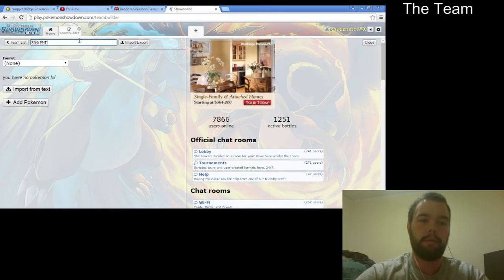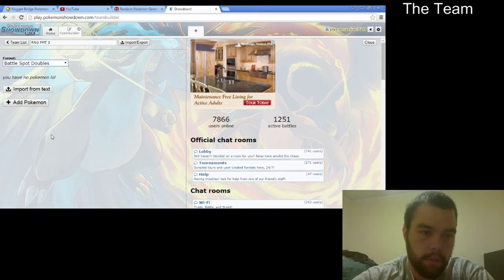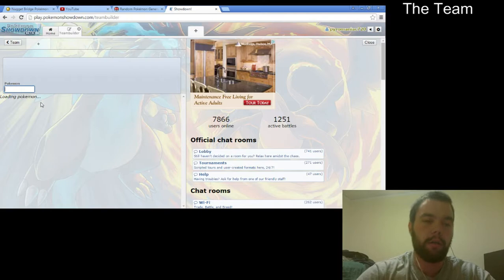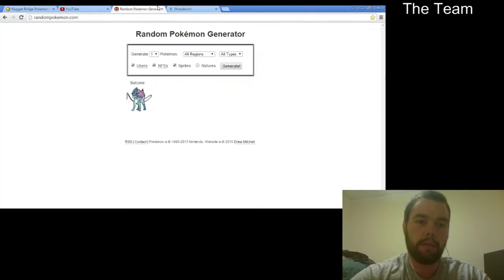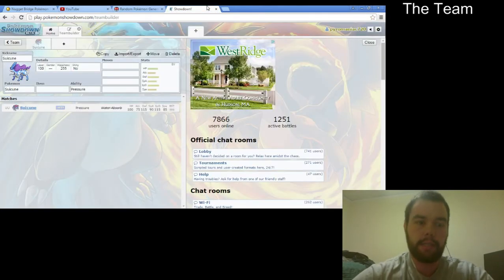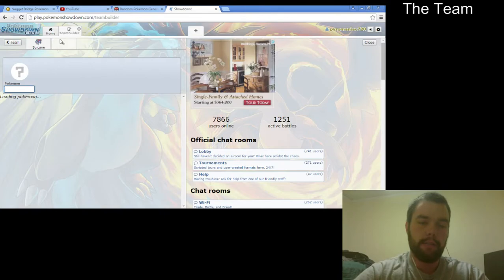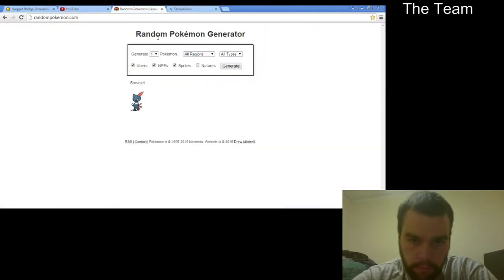RNG PMT 3, Battle Spot Doubles. Add Pokemon, Suicune. So right off the bat, we get ourselves a solid Pokemon. Let's go again. And we get Sneasel. Alright, that's not bad. There's definitely worse not fully evolved Pokemon than Sneasel. So Sneasel. Next up we get